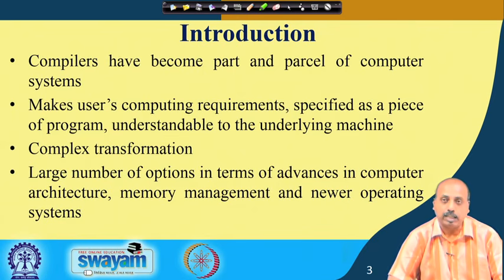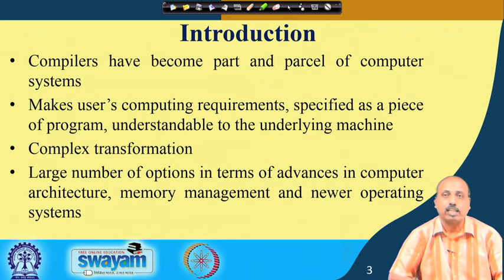So, in early generation computers, this was the main problem, and this translation from the program understandable by a human being to a program understandable by the underlying computer was a big challenge. It was done by manual methods, by which we know the codes of each individual instruction, and we do the translation by hand. That made it very difficult, and slowly the system improved, and today whatever we write in a high level language is not directly understandable by the computer that is executing it. So, there are a lot of translations involved in the process.